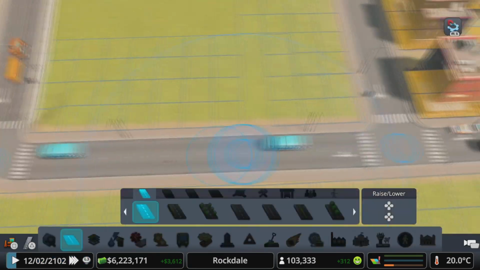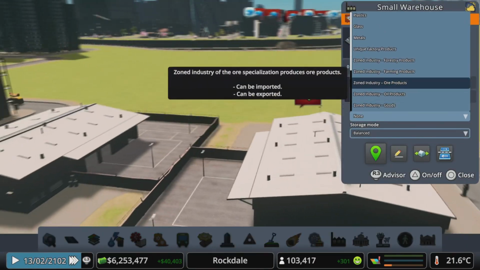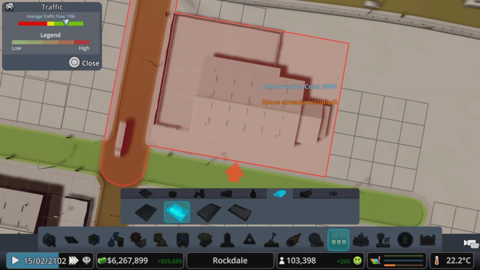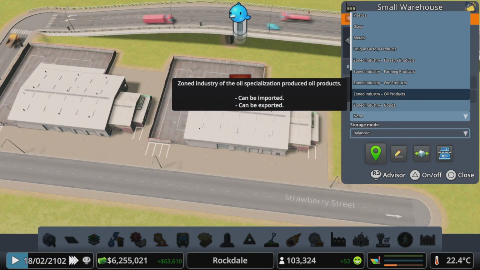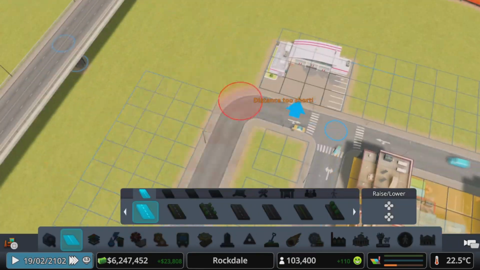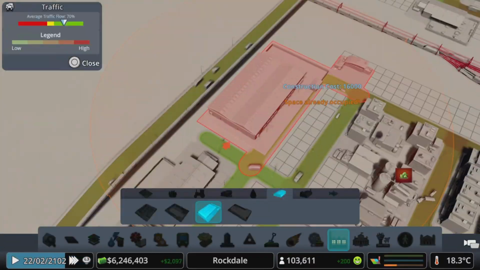So I first start off by fixing a raw resource problem by placing in some warehouses and then setting them to the zone goods. And so those will hopefully be brought in by truck, and then if one of these industries need it, then they can call from it. And then they also wanted some more services, so I placed down